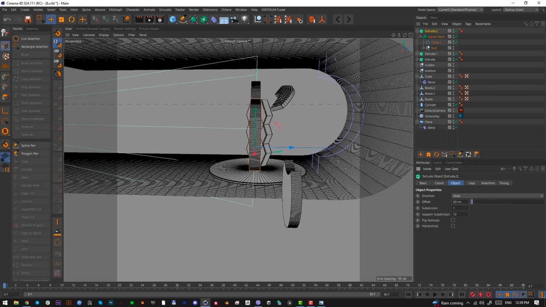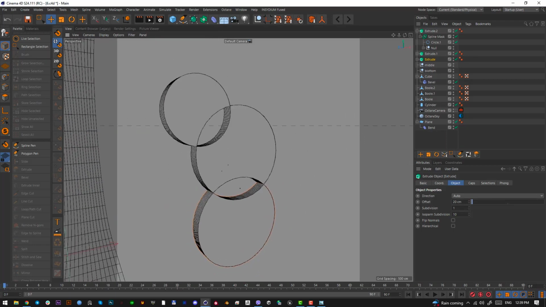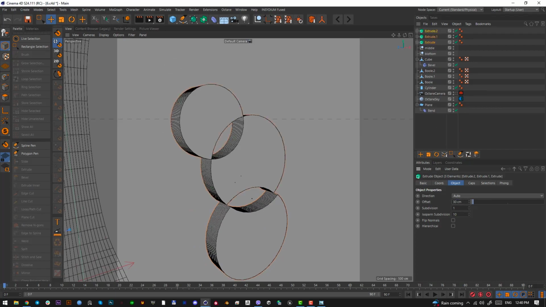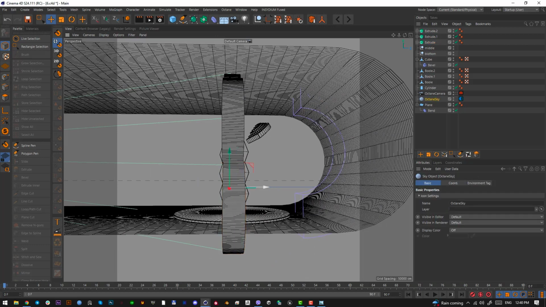And just position them correctly. Nice. And for these extrudes, let's select all of them. Put them to 30, and this one sucks. Let's move it so that it's there. And we wanna select all of these extrudes and add a fillet